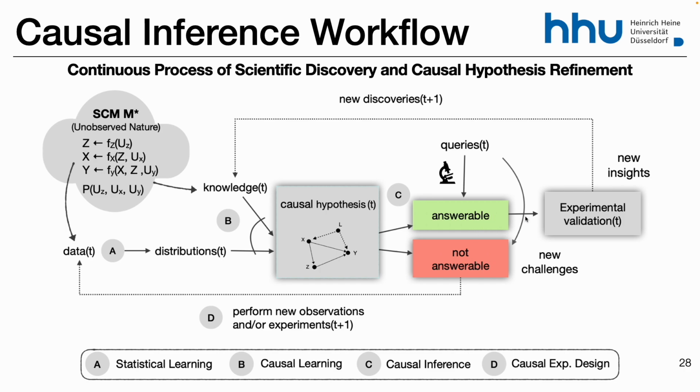And there is still this new phase called causal experimental design, on this side here. If the answer is no, you could, for example, design new experiments to collect more data. You can define which variables are the optimal ones to intervene on, so that in the next iteration you know the causal diagram, or parts of it, that allow you to have identifiability. So it's an optimal experimental design.